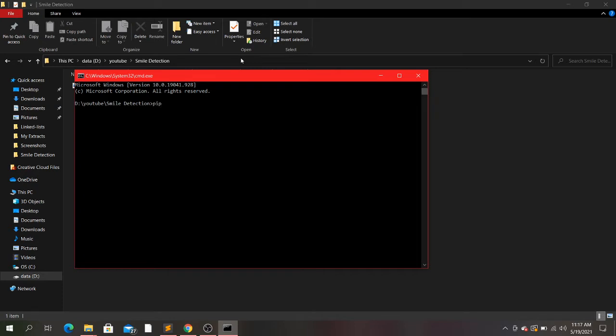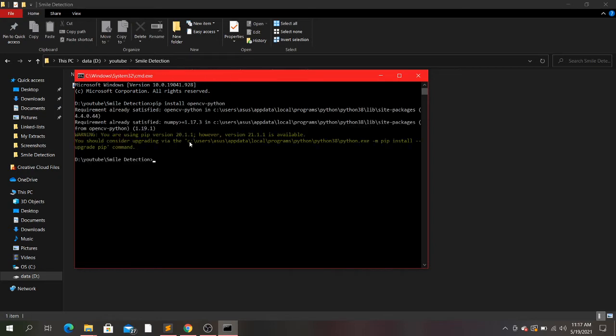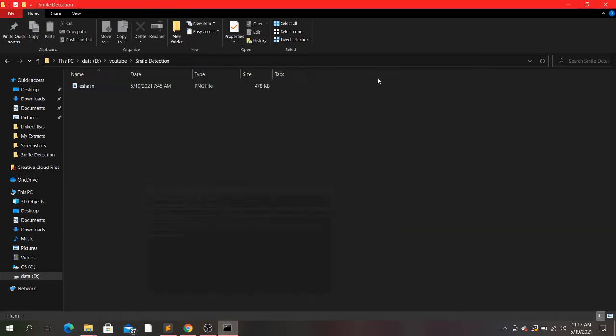We require the OpenCV library, so write pip install opencv-python. I have already installed it, that's why it says requirement already satisfied. This is the package we need for our smile detector.